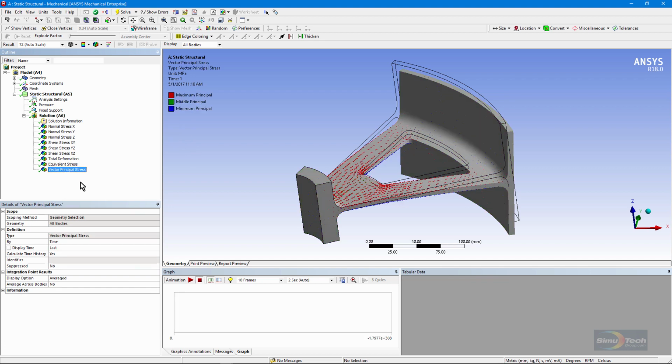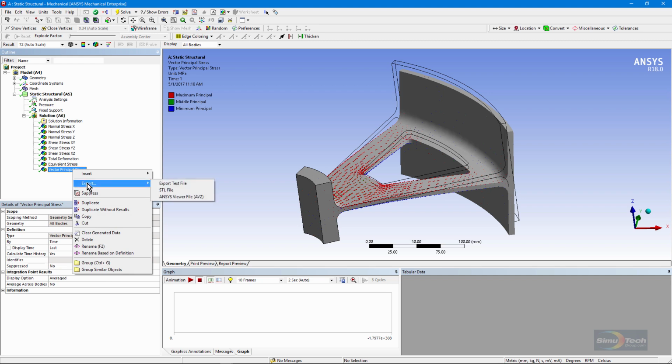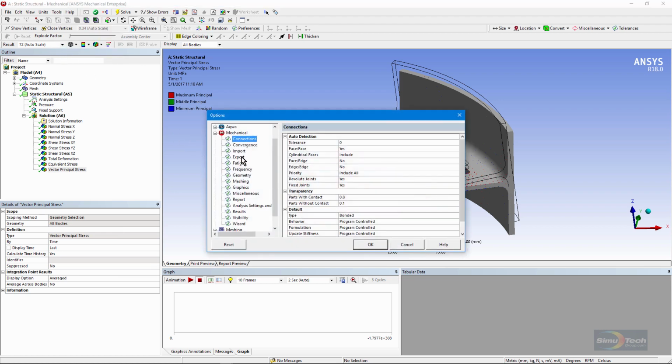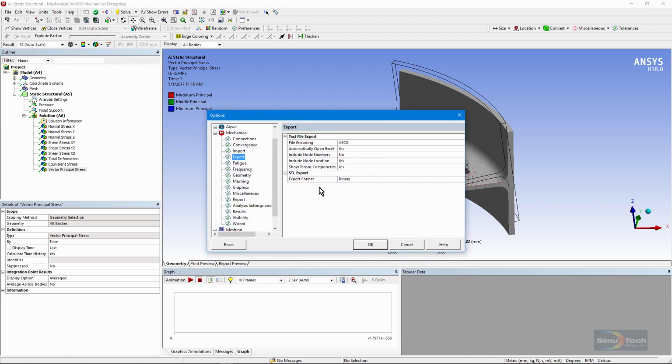Now there's something interesting that you can do when you want to export these. If I do a right click on any of these results, I can export them to an external text file in a format that's compatible with a spreadsheet. If I go up to Tools and Options and go to Export, note right here that when I export these things, I can choose to export node numbers, yes or no, node locations, yes or no, and here it says